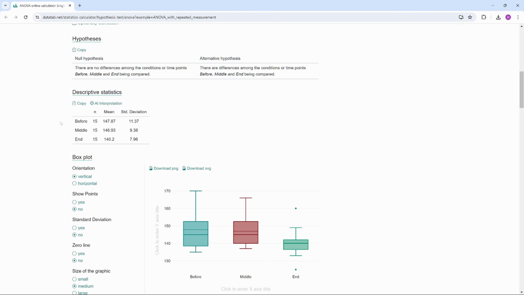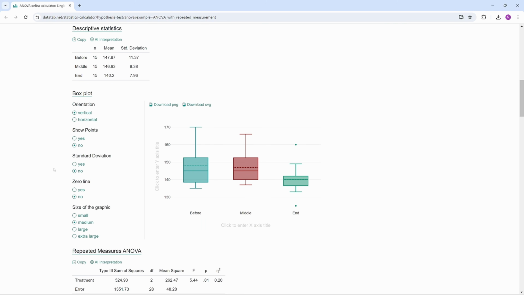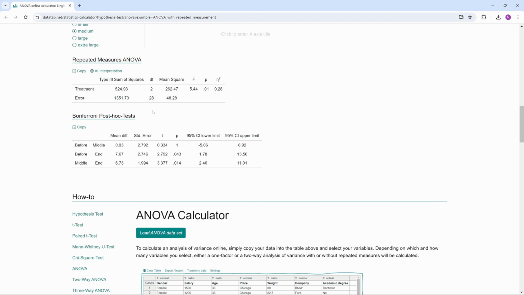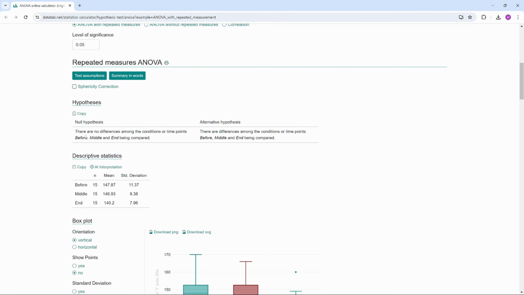Now we see the descriptive statistics and a box plot. We then get the results of the ANOVA with repeated measures. In this table, the p-value is the most important value. It is 0.01 and indicates the probability that a sample deviates as much or even more from the null hypothesis as our sample. With a p-value of 0.01, the results are statistically significant at the conventional significance level of 0.05,